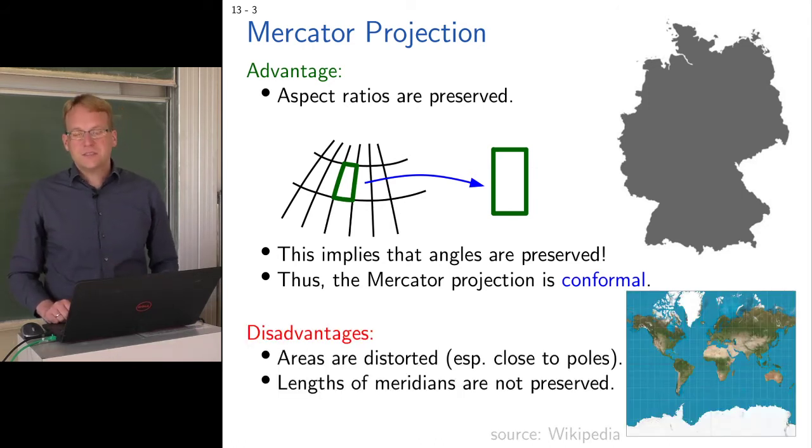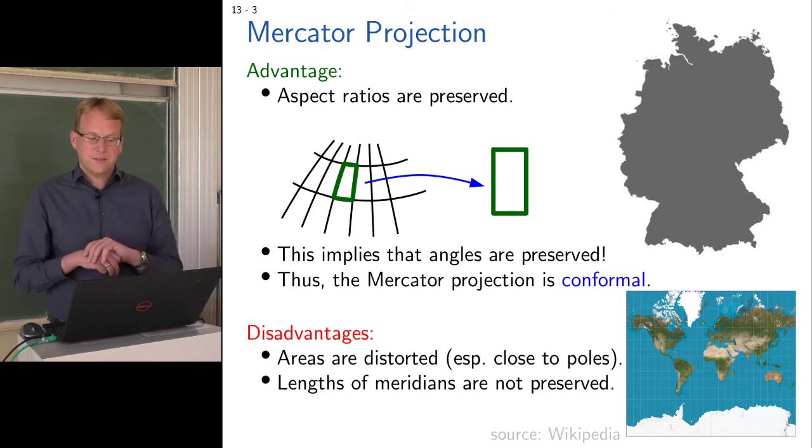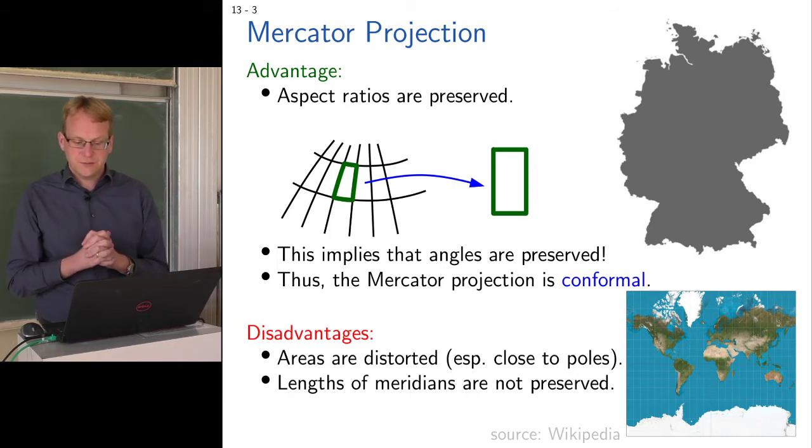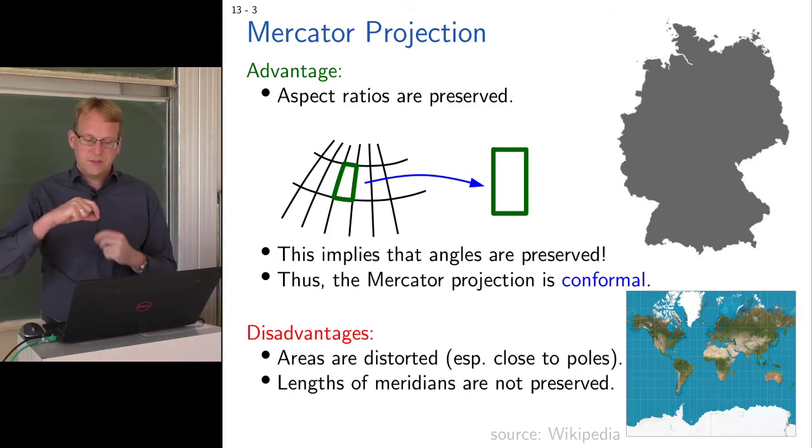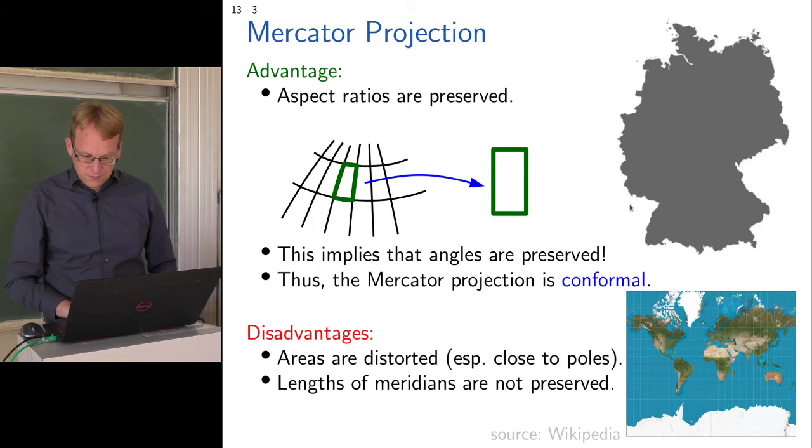The disadvantages are, of course, the areas are highly distorted. That's already what we've seen earlier on this one slide. And what we can also see is that these lengths of the meridians are not preserved. Of course, we don't have these extremely long meridians here. They get extremely long, whereas they should be